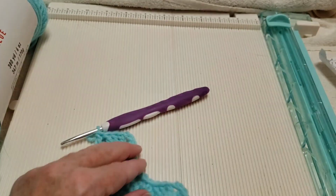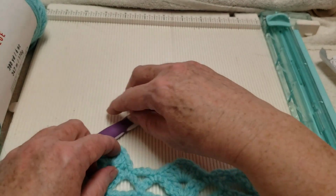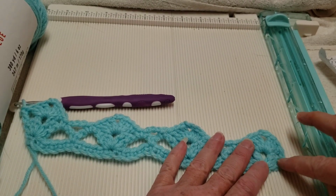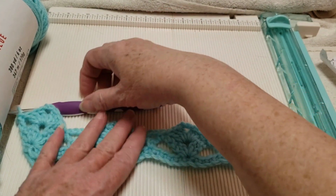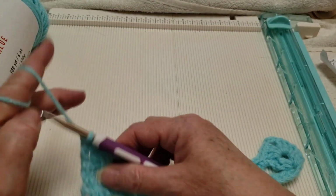Okay. So that's how it looks. And this is just a short sample of how it looks. Okay, so that row we just did was the first of our 2-row repeat. All right, so now we're going to chain 2, and we're going to chain 2 at every row from now